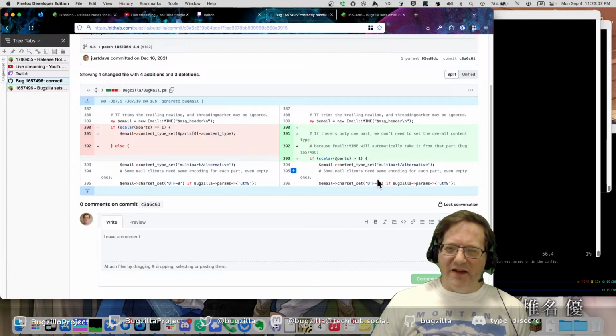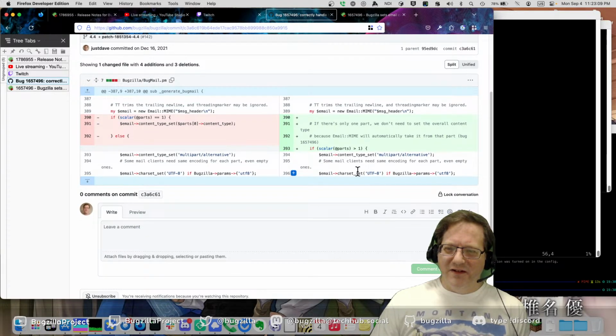And as you can see in the code below, those have to be passed by setting the content type and the character set separately when we have multiple parts. And if we only had a single part, it was passing in our internal content type that we had set, which had them both combined already.